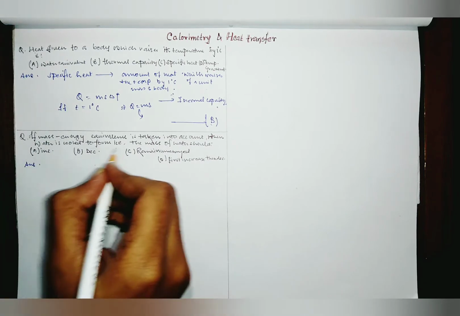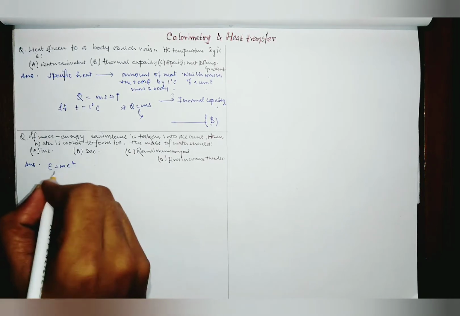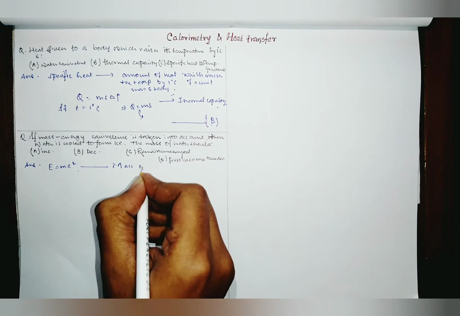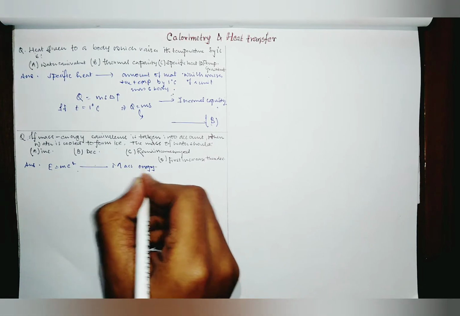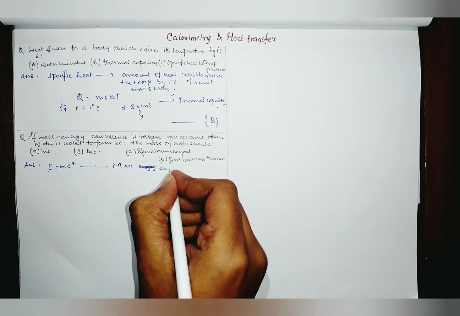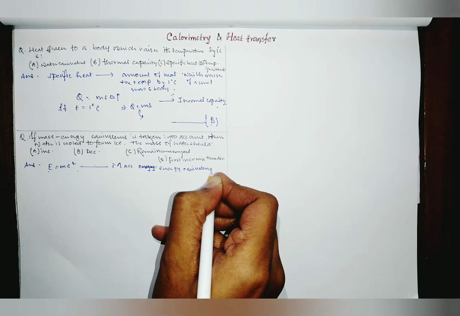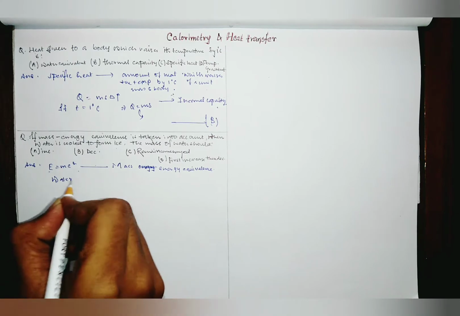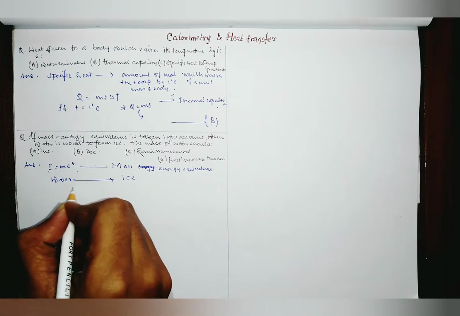Answer: the mass energy equivalence formula is given by E = mc square, the famous Einstein equation. We all know that this is the mass energy equivalence. Mass energy equivalence means in simple terms an equation which converts mass into energy, right? Now the condition: water is converting into ice, meaning some water is